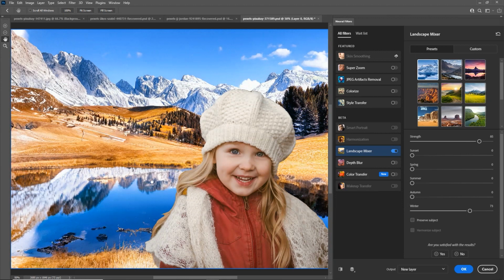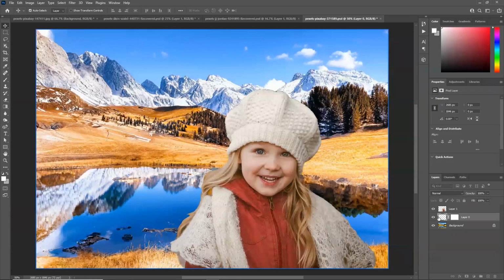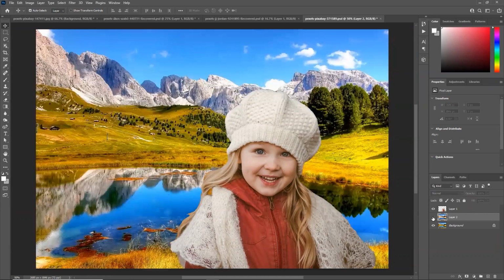So strong the artificial intelligence of Adobe Photoshop is there. Okay, great. So this landscape gets the wintry feeling. Great. I will click on OK. It creates a landscape background which is much more wintry in nature. See the difference of this thing.